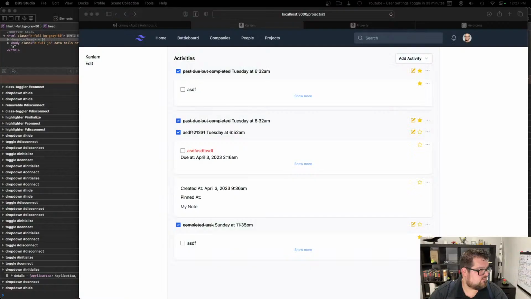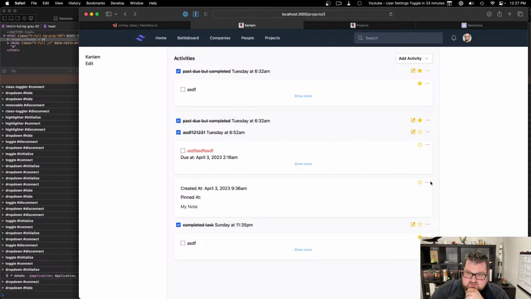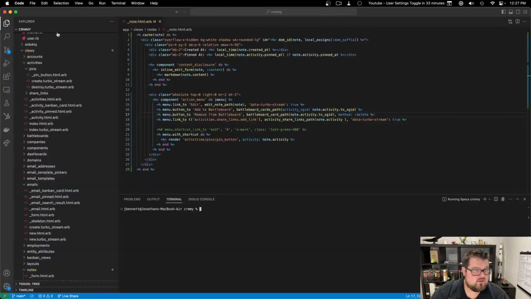All right. So if we're over here on one of our pages, if we look at, for example, this note, if we hit the button, we can see the add to battle board or remove from battle board. We really only want to be showing the right one, ideally. So that's easy enough to do. So if I go up over to here and I come into the add and remove from battle board, what we want to be doing here is we can go if current battle board